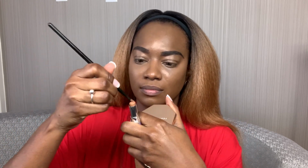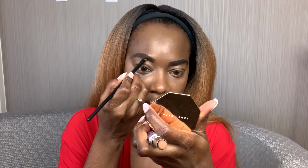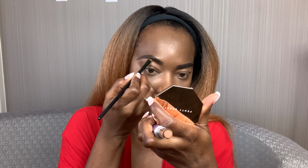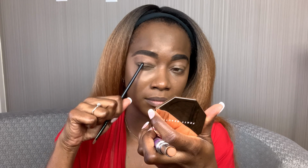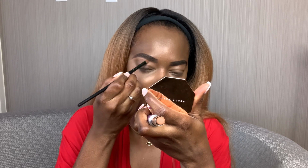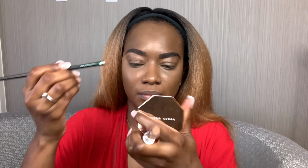I am in love with this concealer. It works so beautifully, and I'm going to use that to clean up my brows. Of course, cleaning up the brows, you can use a much lighter concealer underneath the brows if you're looking to do a brow bone highlight, but not on top because we don't want the halo. However, this concealer, as you can see, is more my skin tone because, again, this is an everyday makeup look and I'm not going for too much drama, but just to really look, you know, effortless, naturally